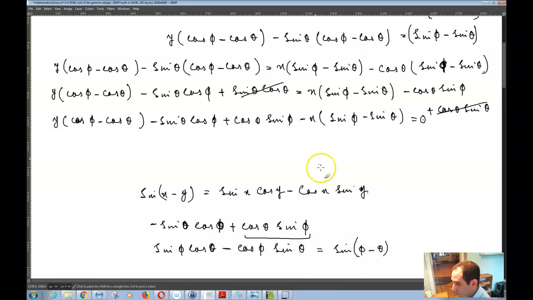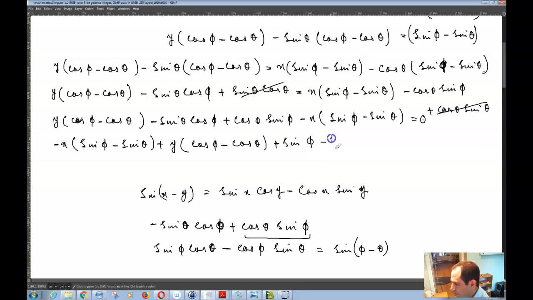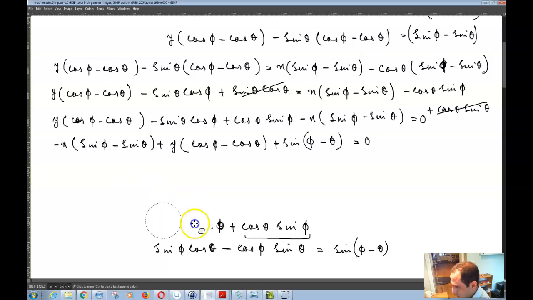So now I'm going to just write this as it is, meaning that I'm going to write this as negative x times (sine phi minus sine theta) plus y times (cos phi minus cos theta) plus sine of (phi minus theta) is equal to 0. Okay, so now